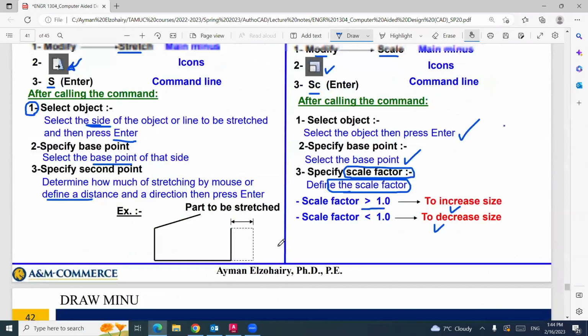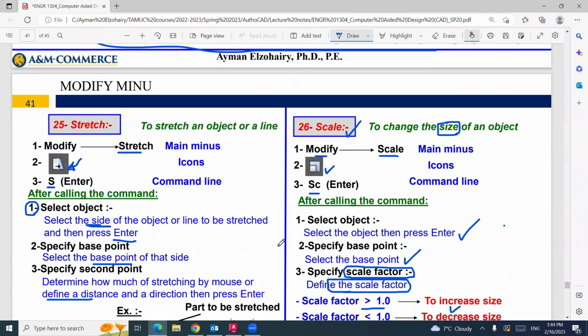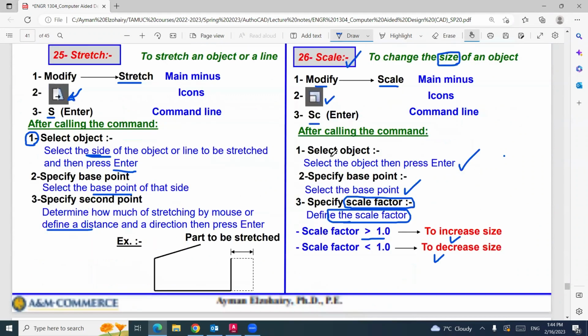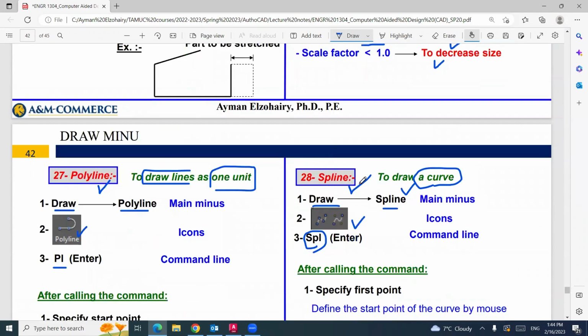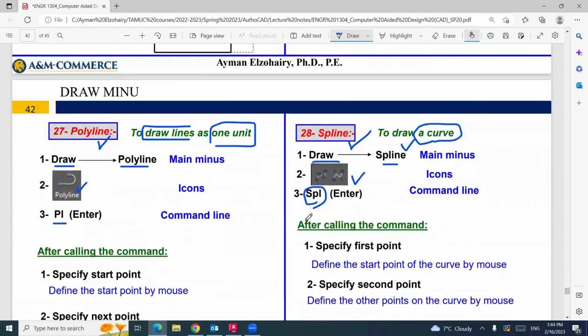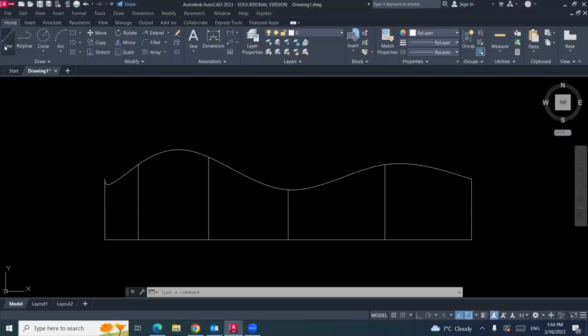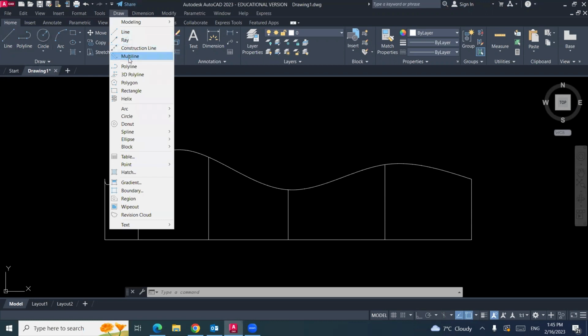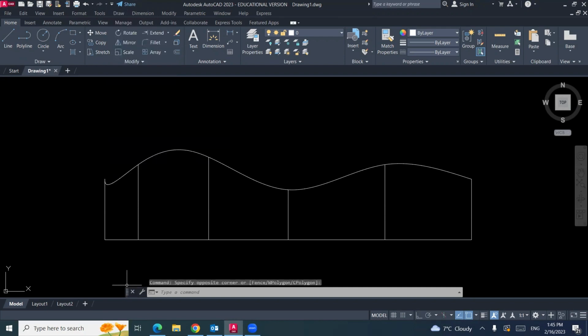So we covered in this video stretch, very powerful. We covered the scale, how to make things bigger or smaller. We covered polyline, we covered spline. And keep in your mind, we have 4 members in one family: line, polyline, and we learned multi-line, and right now we learned spline. That makes sense? Spline to draw a